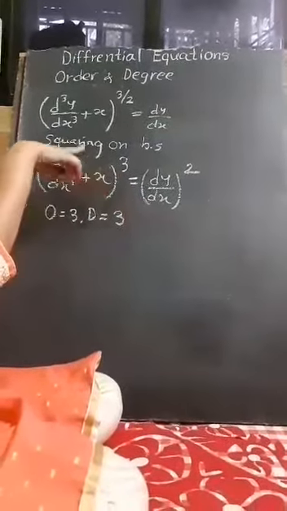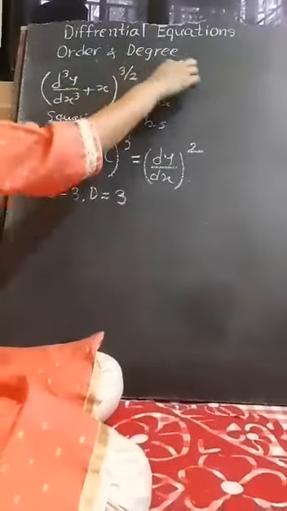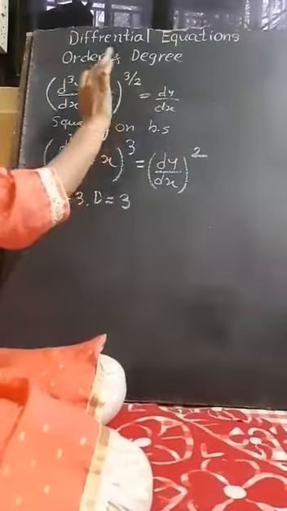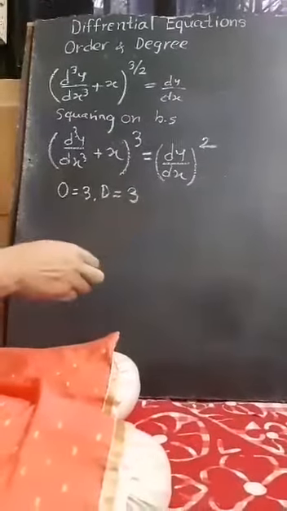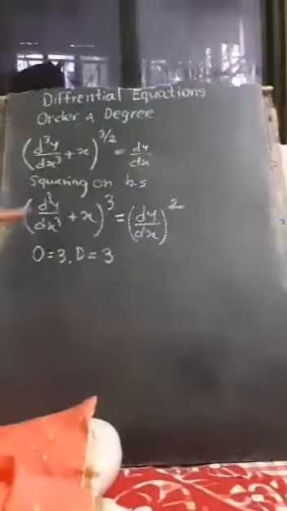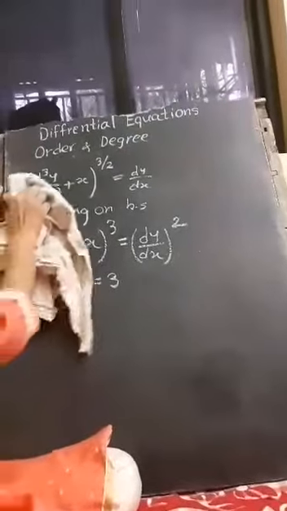So no one should say the degree is 3 by 2. Degree is never a fraction. After simplification only you have to write the answer of degree. And what is the degree in this sum? Degree is 3. Okay. So we will be doing one more example to explain what a fraction is.